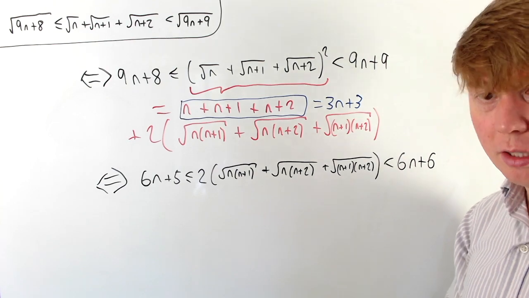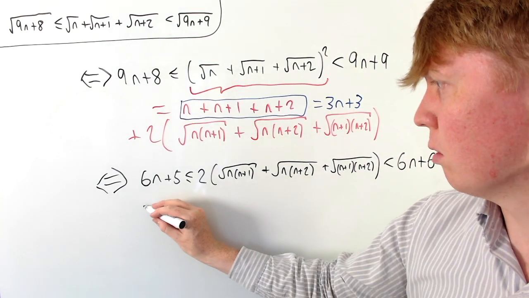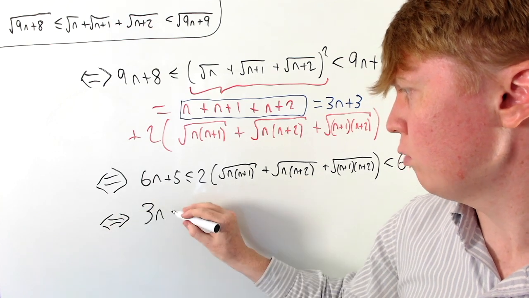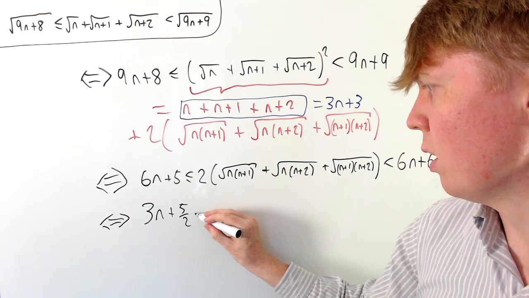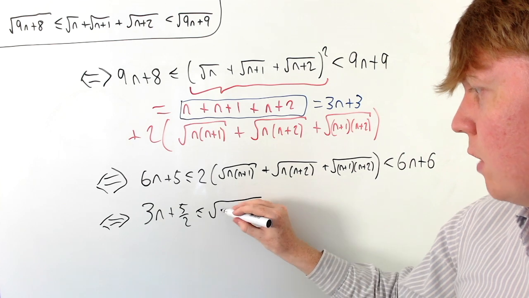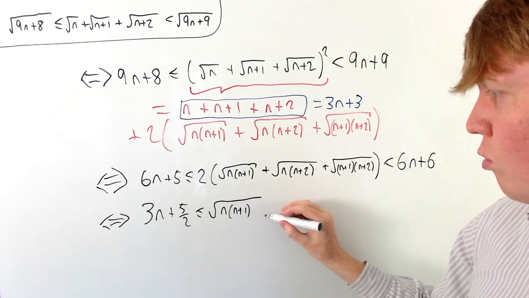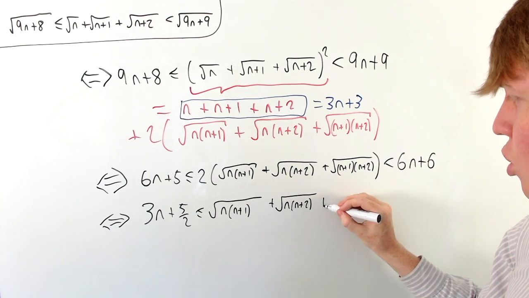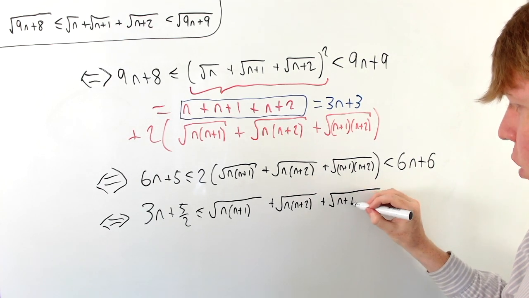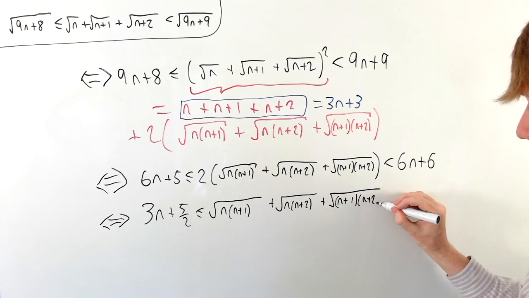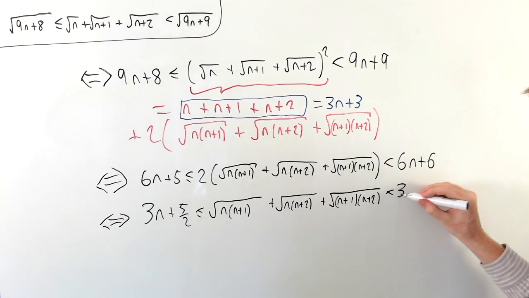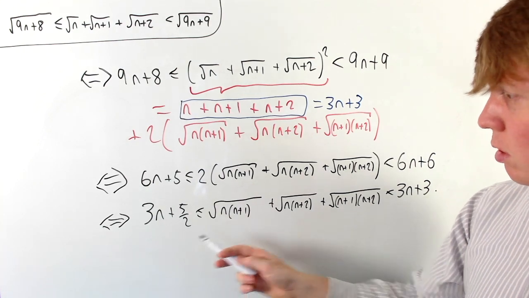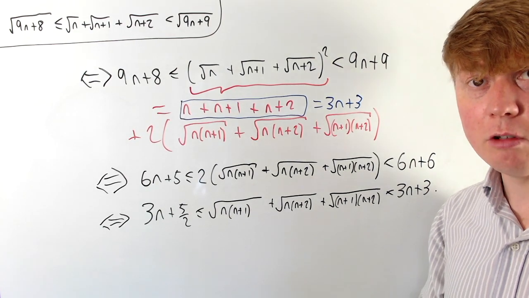And we can also divide through by 2 here as well, so we want to show then that this is true if and only if (3n + 5)/2 is less than or equal to our sum of these new square root terms, root n(n+1) plus root n(n+2) plus root (n+1)(n+2), and then this needs to be less than 3n + 3. So we've managed to turn this into something which looks slightly more manageable, though there is still some work to do